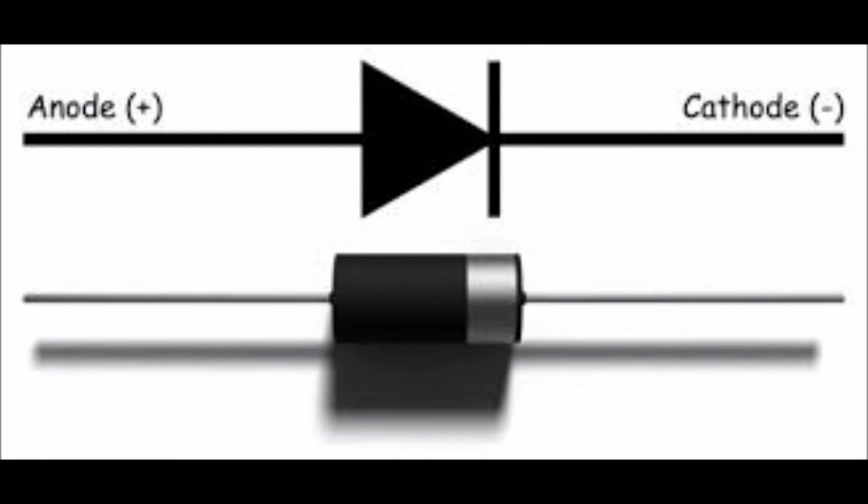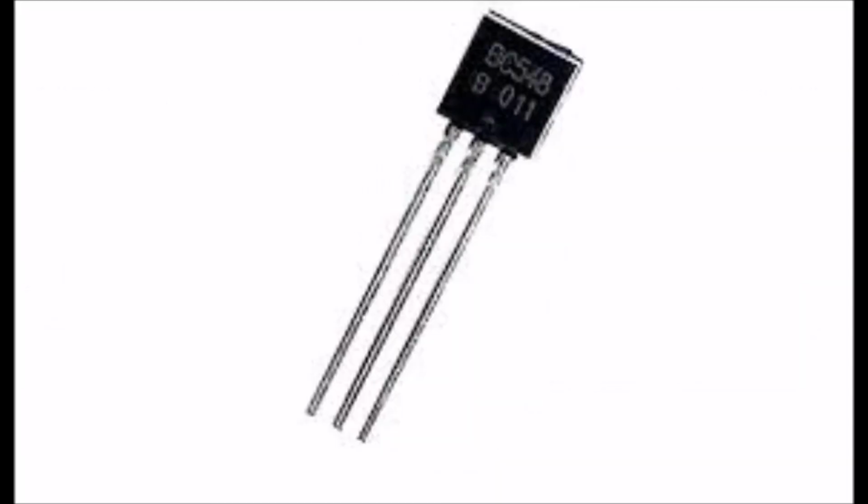In a circuit, the diode is represented schematically as a line with a triangle pointing to it. The line is the side which is connected to the ground and the bottom of the triangle is the side which should be connected to the power. So we can summarize that diodes are devices which allow the electrical current to pass through them in a single direction. So the next term is transistors.